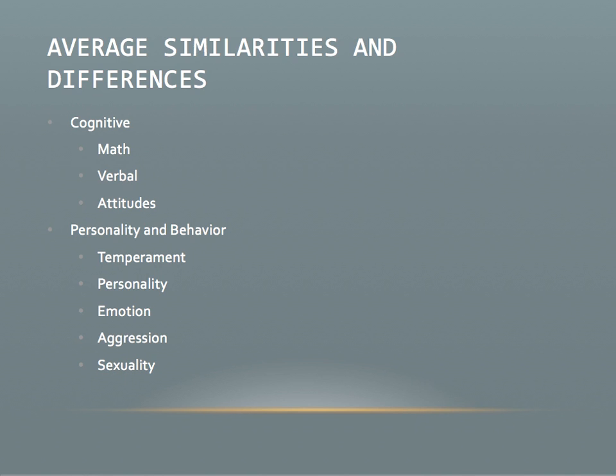In verbal areas, there's a stereotype that females are better verbal scorers than males, but the difference is quite small. It's 0.1. There are some differences in subtypes of verbal ability, though. In vocabulary, reading comprehension, and essay writing, there are either no or small effects. The biggest effect was in verbal fluency, which is one very small subscale, with a 0.3 difference. So again, generally speaking, there aren't any big differences here.